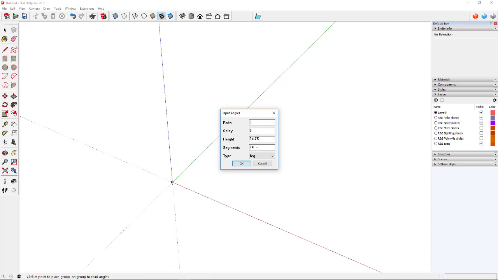so I'm going to just put in 24 3/4 or 24.75. Segments relates to the number of sides in a circle that the extension will draw to create a follow me path. If you were going to do a turned leg and you wanted to draw it on its raked and splayed axis. We don't really care about that in this case because this is basically a square tapered leg. And I'm going to just leave this set to leg. Notice over here that there's a bunch of layers that have already been created. And when I click OK,